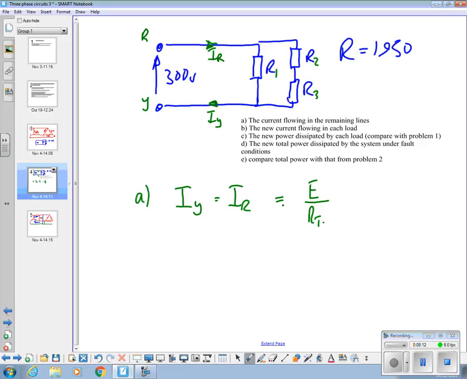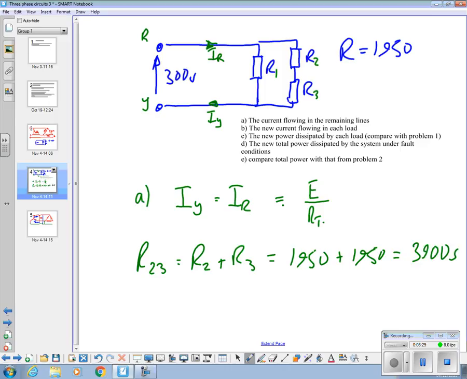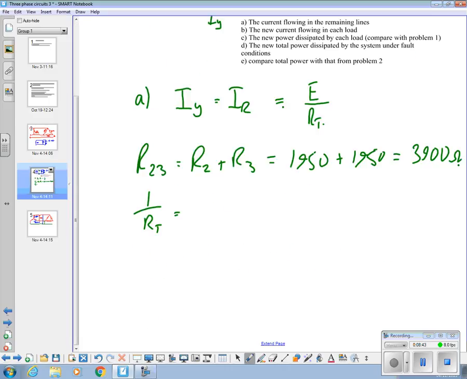Then you're going to say, let's call it R23 is R2 plus R3, 1950 plus 1950 equals whatever that is. 3900. Yep. And then I've done 1 over RT equals 1 over 1950